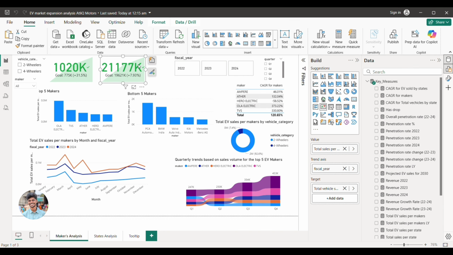And now again copy paste this visual and remove this value and drag and drop the penetration rate percentage, and remove this and drag and drop the penetration rate last year,